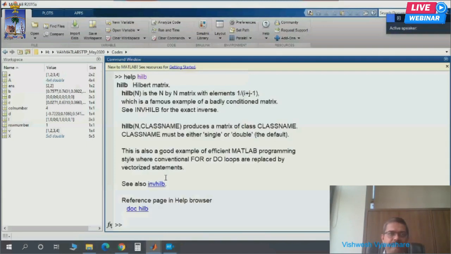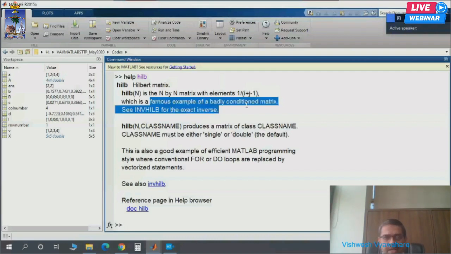Help HILB. HILB Hilbert matrix is an n cross n matrix and the elements are calculated in a very simple way: 1 upon i plus j minus 1, where i and j are nothing but the row number and column number. So it seems to be a very simple matrix, but then you read the next line.